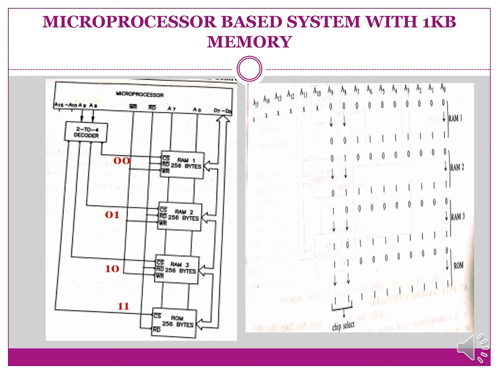In the same way, if you consider that your inputs A8 and A9 are 1, 1, then the 2 to 4 decoder output 11 is selected. So our ROM memory is selected for a reading purpose. That's the way to select a memory location using a decoder and address lines. And this is what we know as memory interface.